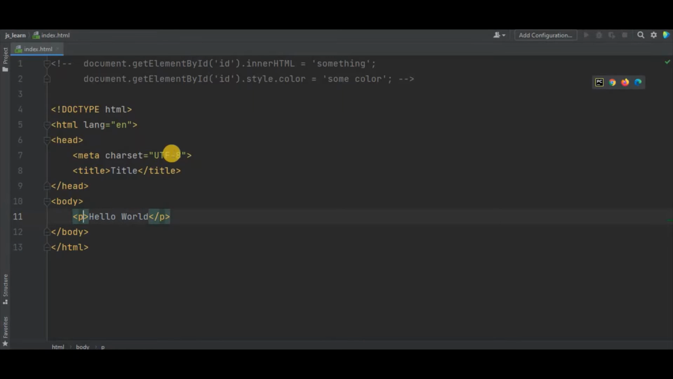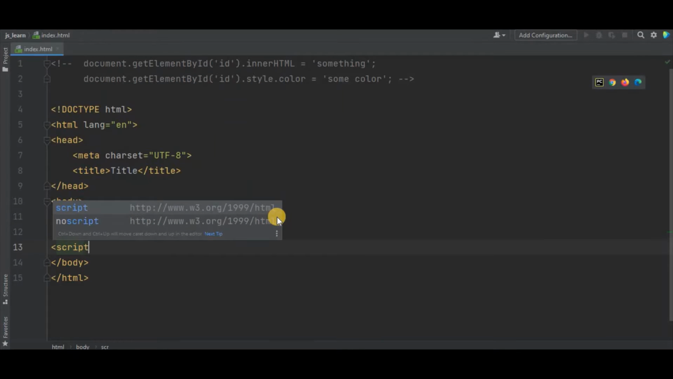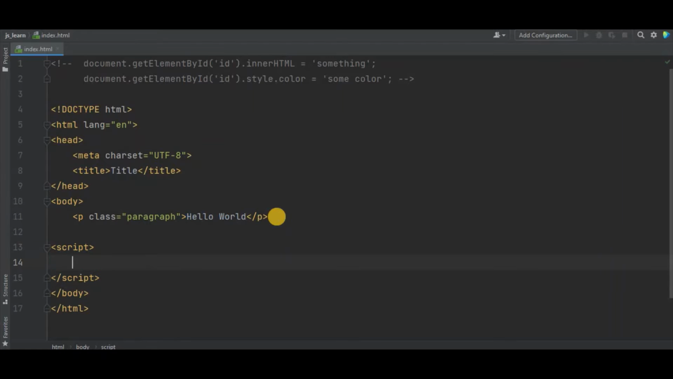Now sometimes we have a class attribute like this. Let's say the class is paragraph. What this means is that we have a class attribute, not an ID attribute. So how are we going to grab this element from JavaScript? To show this, let me make a script tag, and first let me make a button actually,